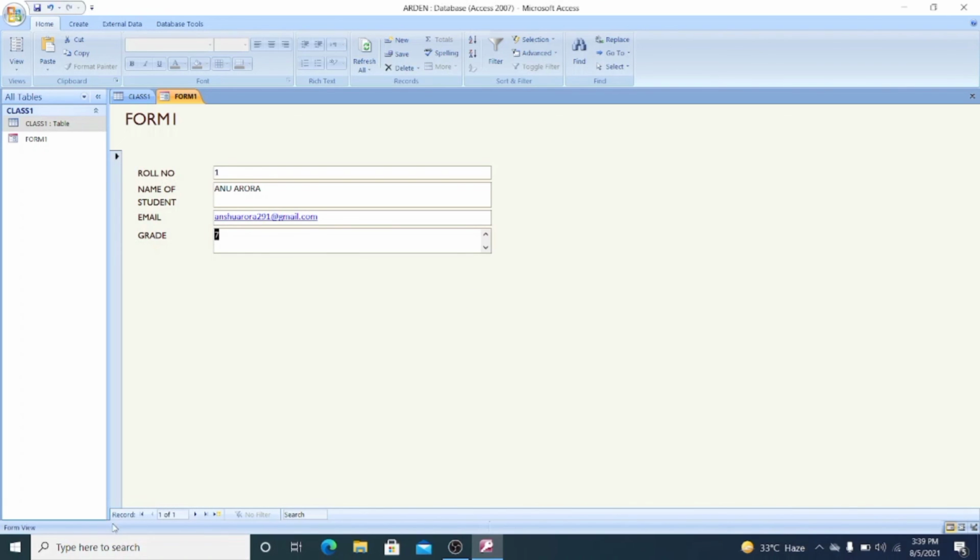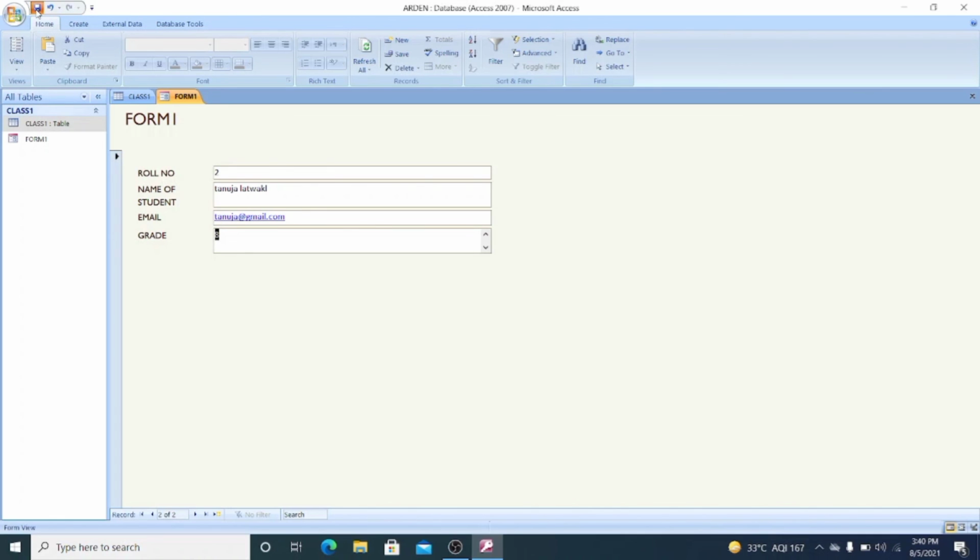Next, you will be able to see this record just above the status bar. Here this is the record. Right now I'm having only one record. So if you want to insert another one, you just have to click here. Suppose in roll number 2 I again write the name of the student, like Tanuja, and here I'm writing the email ID of that particular person, Tanuja Latwal. Right now the email ID of that student is Tanuja at the rate gmail.com, suppose. Again it asks me the grade, so I'll apply the grade 8. Then I have to save this.